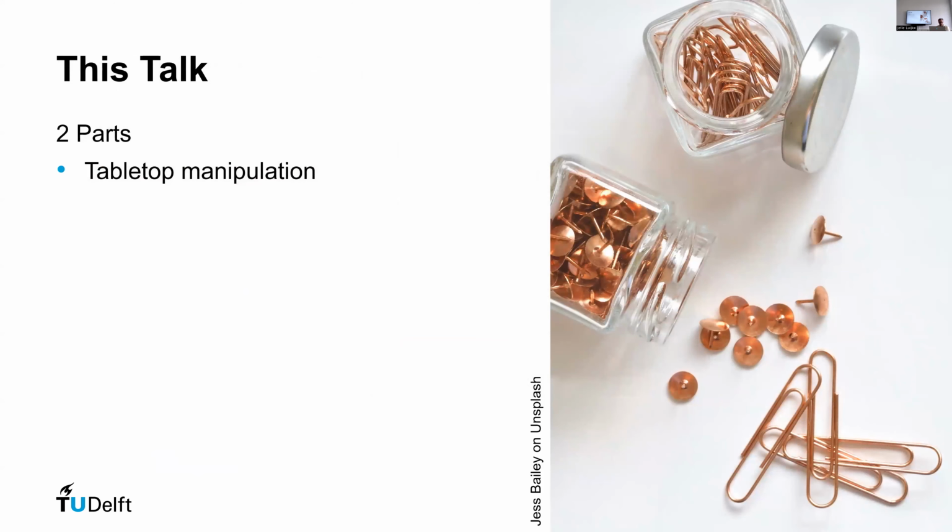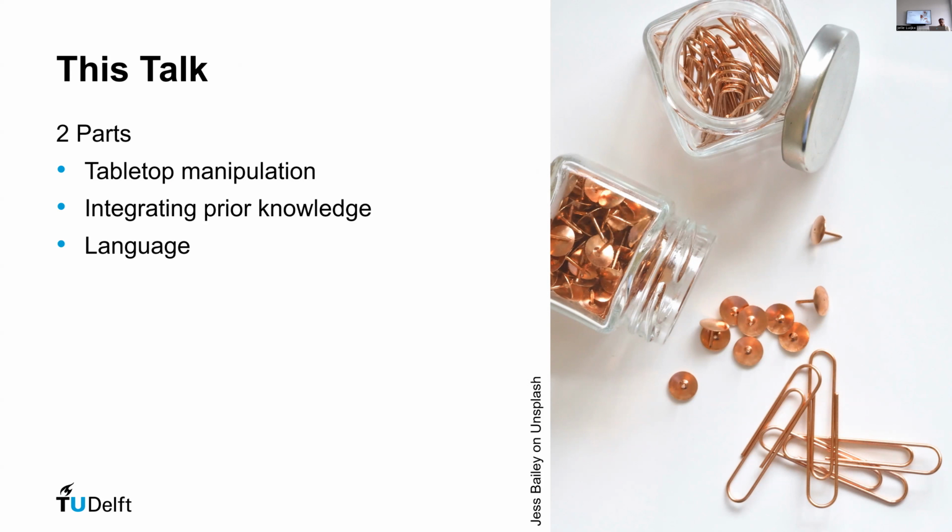As I was saying before, the talk is going to be in two parts. Both of them are going to focus on tabletop manipulation. You'll see a little example on the right. So it's about having stuff on a table and then moving it around, putting things into containers, placing them, organizing them, and so forth. That's a very common setting, both for manufacturing and in households. As I was just saying, we're very much interested in integrating prior knowledge to speed up things.